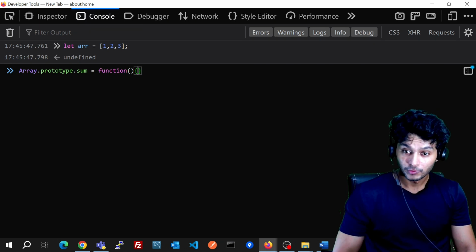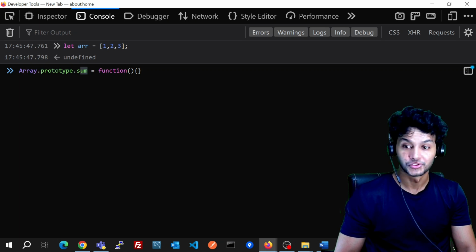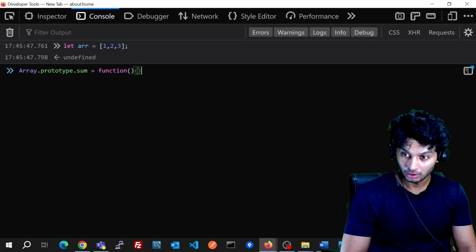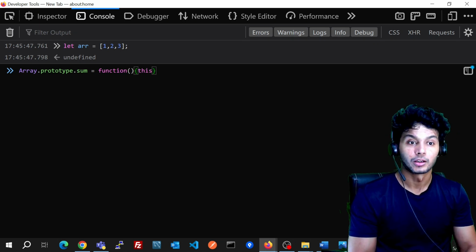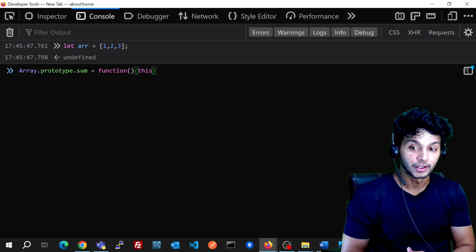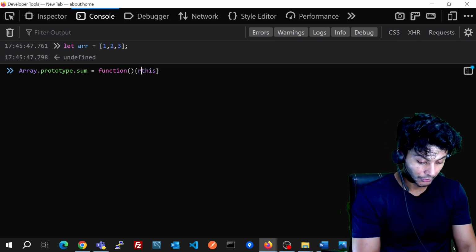So inside that array prototype, we are adding a new feature called sum, and inside this function, with the help of this keyword, we'll be able to get all the values inside any array which will be using this sum function. Now we'll use return here,